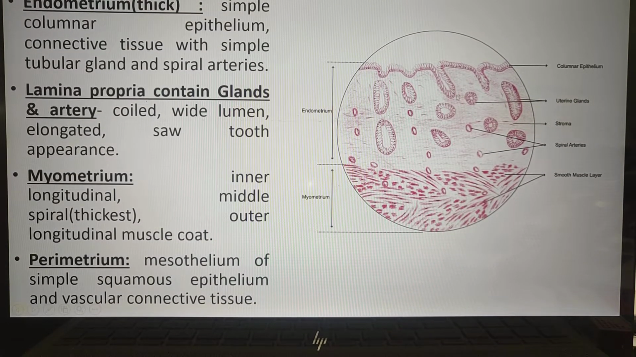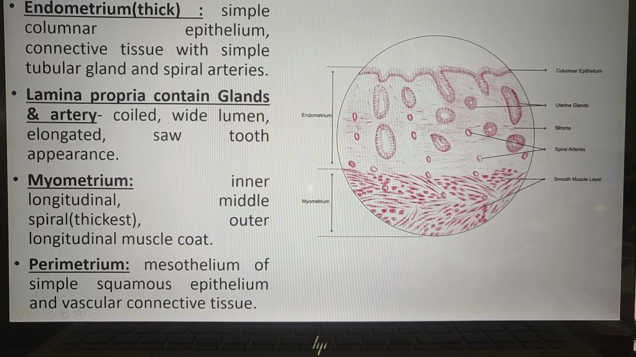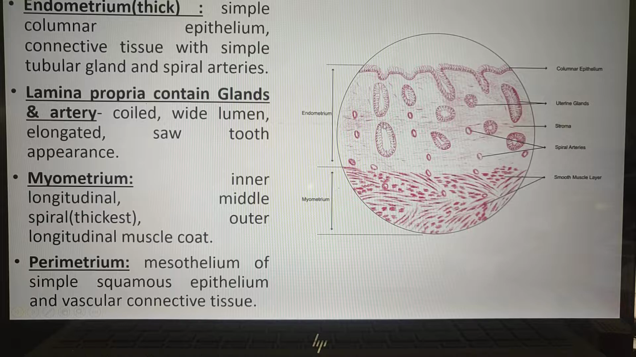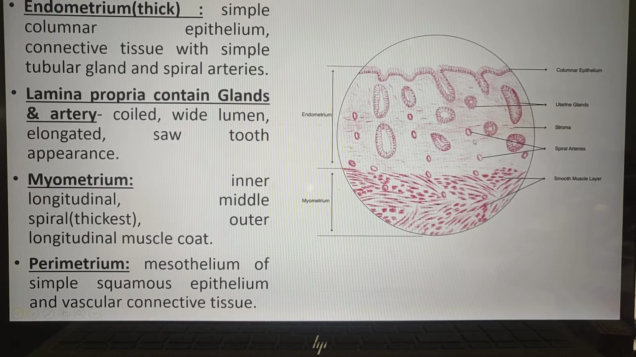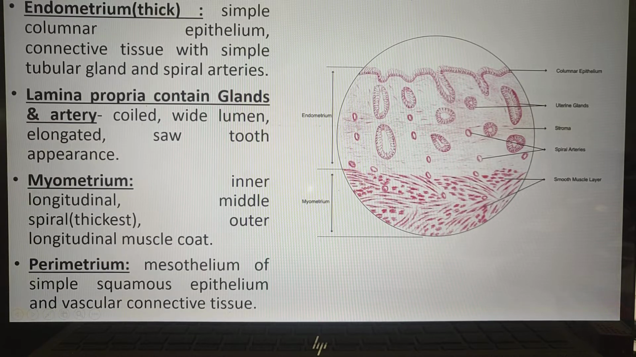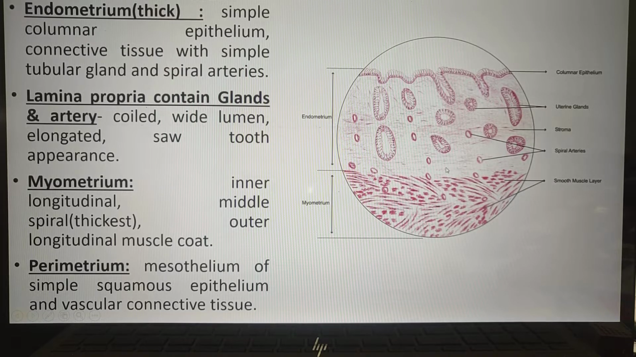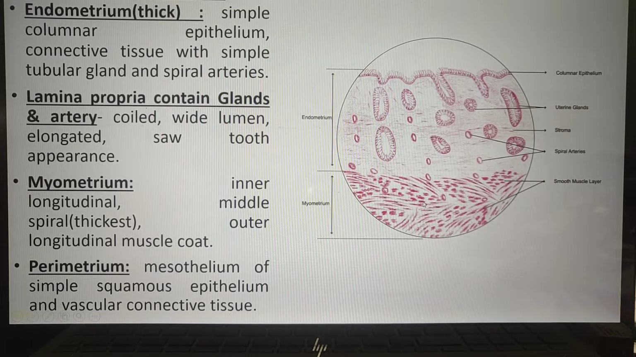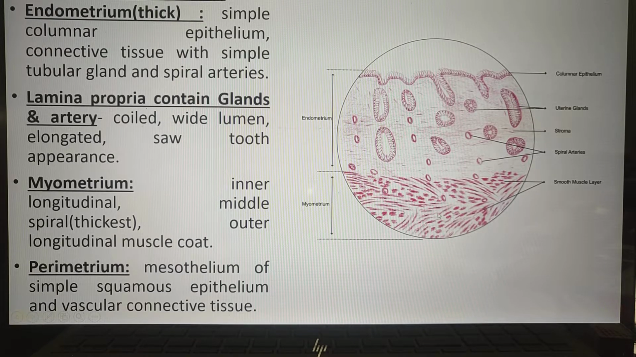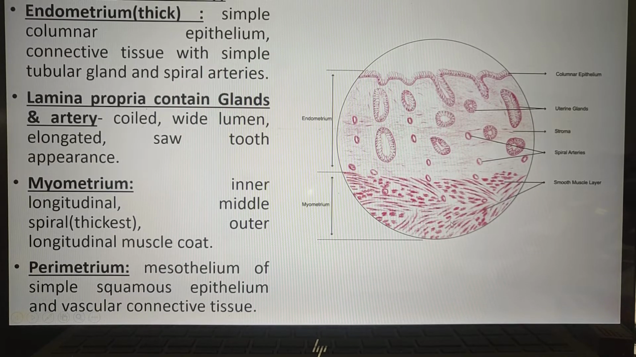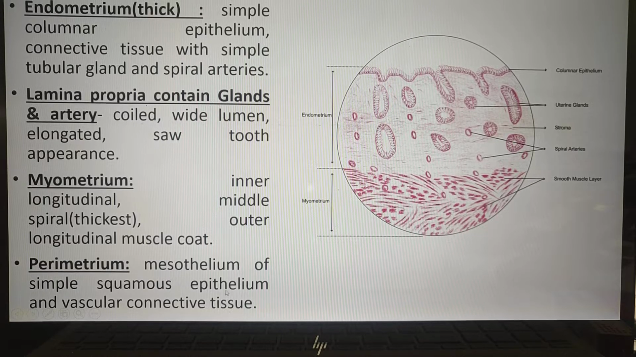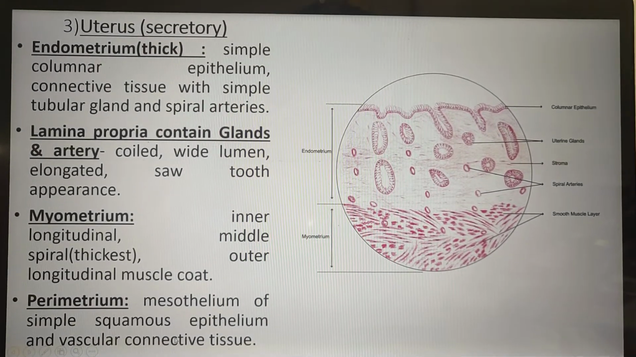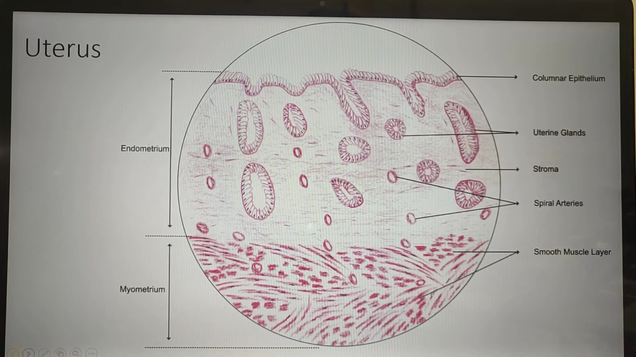Here you can see the columnar epithelium of the uterine gland, and the blood vessels, the nearly straight spiral artery. Inside the myometrium there are inner longitudinal, middle spiral and outer longitudinal layers. The perimetrium is the mesothelium of simple squamous epithelium with vascular connective tissue. So this is an enlarged view,